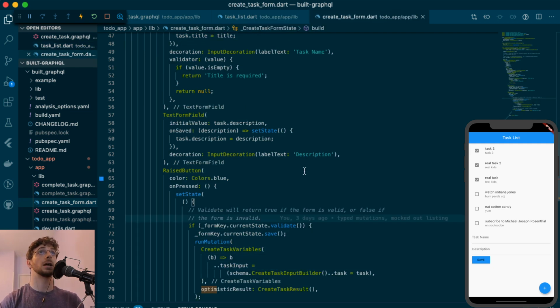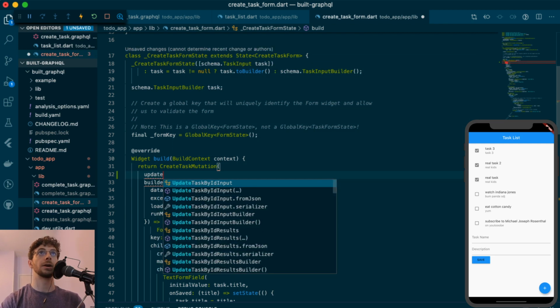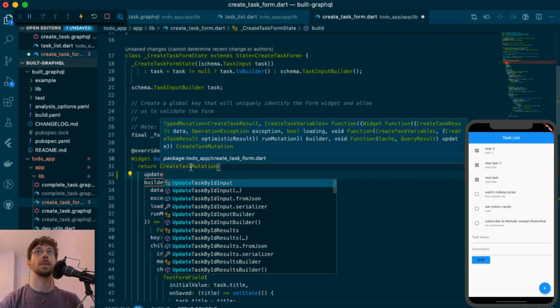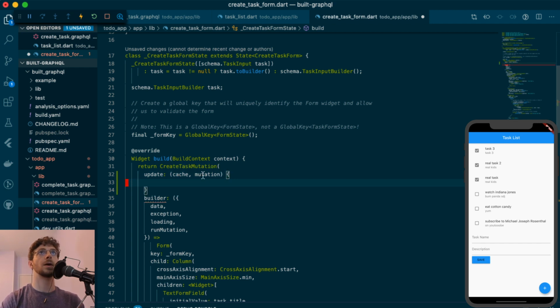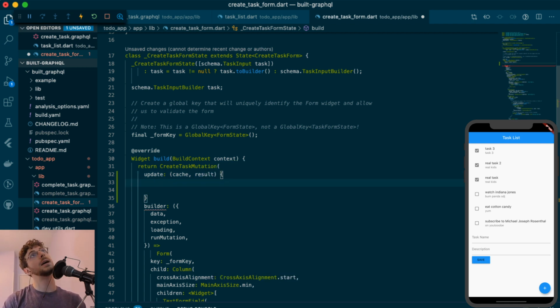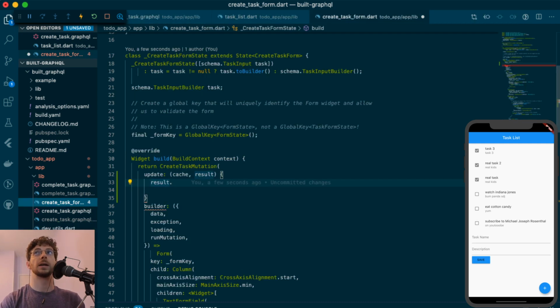So, pointless tangent aside, the current idiom for this is the update callback, cache, results. So result should have a, given that we're not